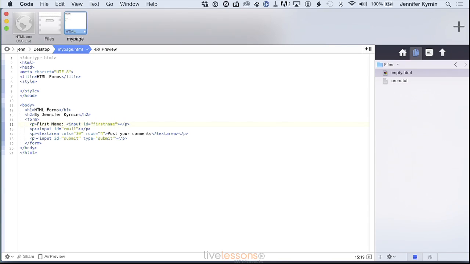But before I do that, you want to define that this is the label. I'm going to add a tag right before the actual text first name to say this is a label. And I'm just going to say label, because that's the tag. Then I'm going to go to behind the end of the input tag, and I'm going to close that label. This says that this text defines or labels this input field. You can do that for all of your input fields. Label, email, label, comments,